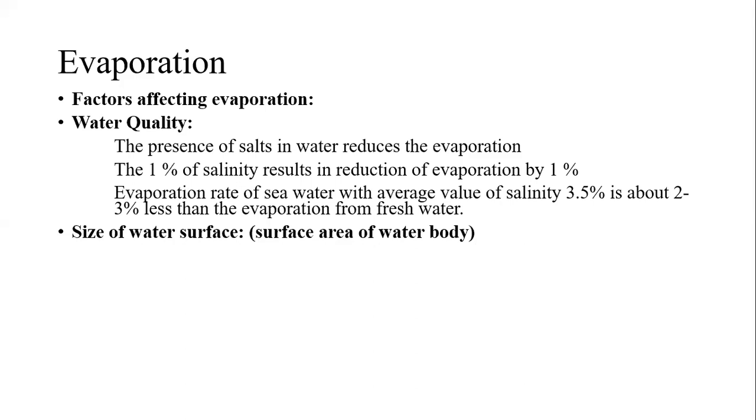Here one pan has a diameter of, say, 20 centimeters and the other pan has a diameter of about 40 centimeters. It means that in the 40 centimeter diameter pan the exposed water surface is more, whereas for the 10 centimeter diameter pan the exposed area will be less. The surface area is pi by 4 d square. For the first case it will be pi by 4 into 10 square, and in the second case it will be pi by 4 into 20 square.